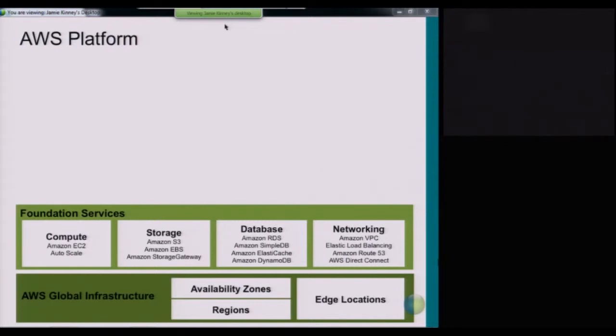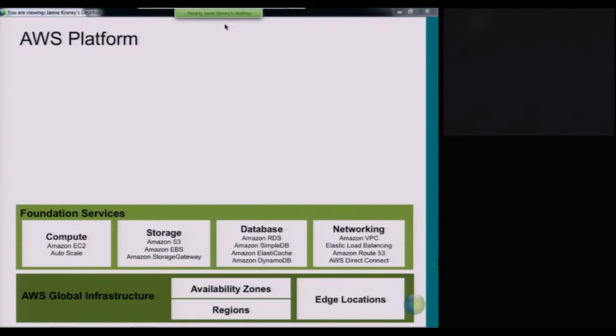You can run databases and really any other software that you like on your Elastic Compute Cloud or EC2 virtual machines. You get full access to a Windows or a Linux operating system, Windows Admin or Linux root access. And you can install any software you like and then manage that software yourself because you have access to the operating system. We actually don't have that access, so it's your responsibility to keep that patched and updated.